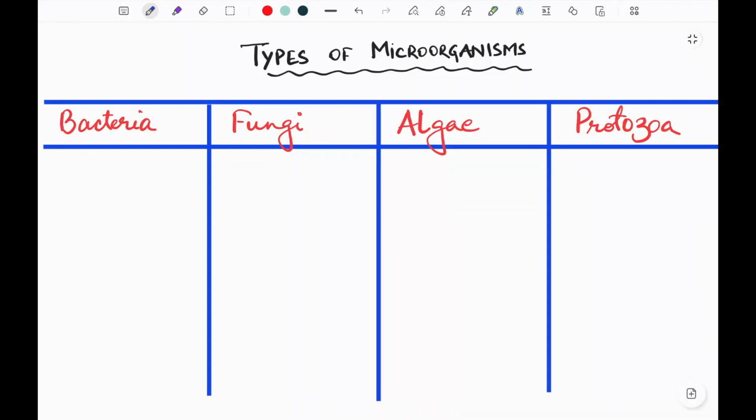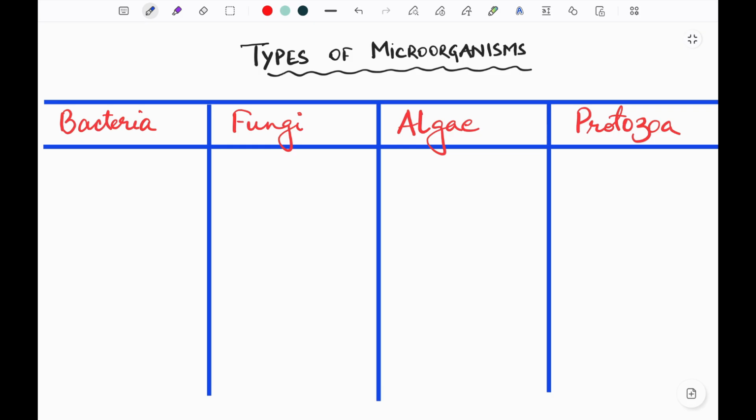In fact, students, it is not only the soil or water where the microorganisms live. They are present in the air that you breathe. They are present everywhere, on your hair, on your dress, on your hands, on your legs, on your face. They are omnipresent. So, what are the different types of microorganisms? There are different types of microorganisms. We can categorize them broadly under bacteria, fungi, algae, and protozoa.